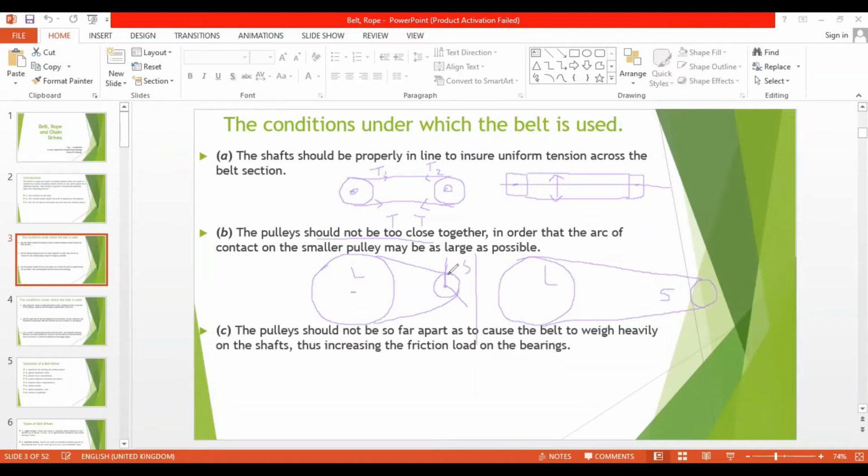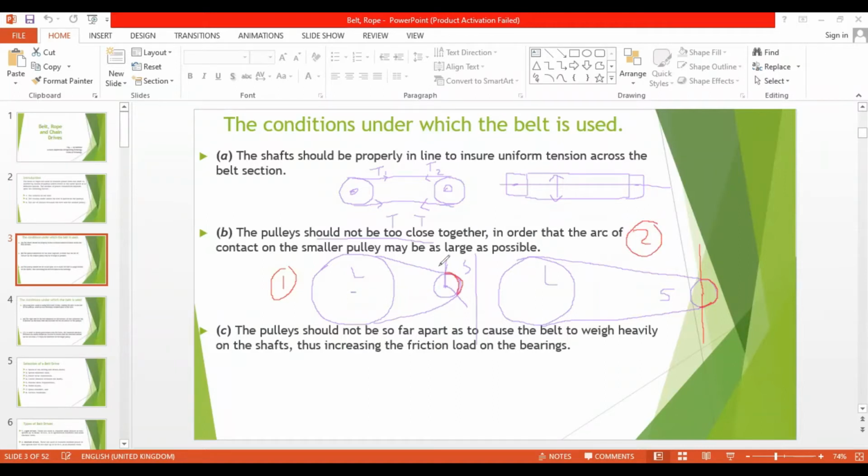The arc of contact, as I told you, is the contact between the pulley and the belt. I can draw it in some other color. This is going to be the arc of contact, the contact between the belt and the pulley. Here in this diagram, this is the arc of contact. In the first diagram, if you compare the arc of contact on the smaller pulley and on the larger pulley in these two diagrams,